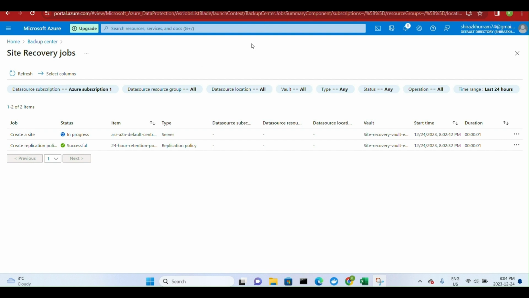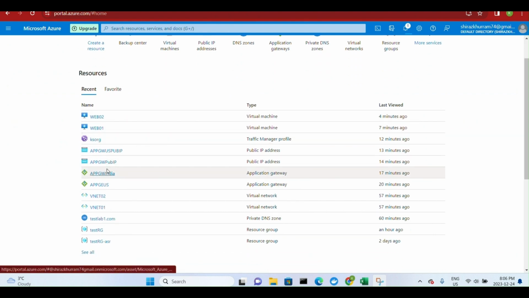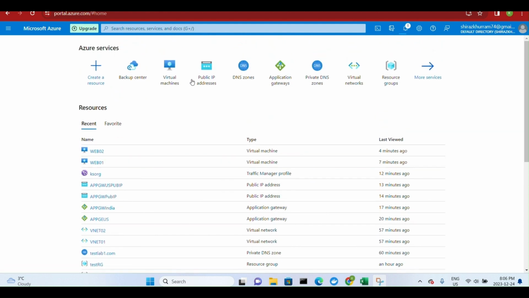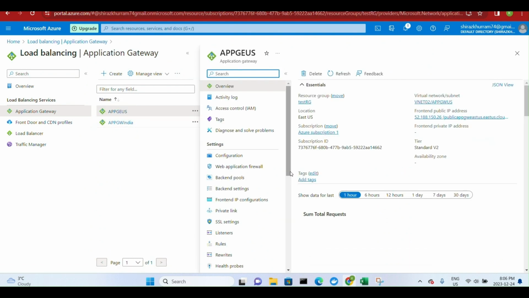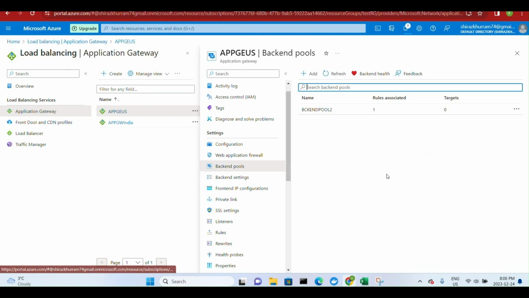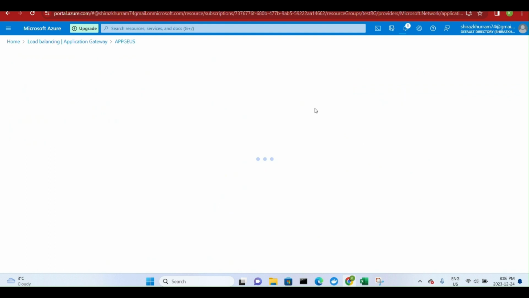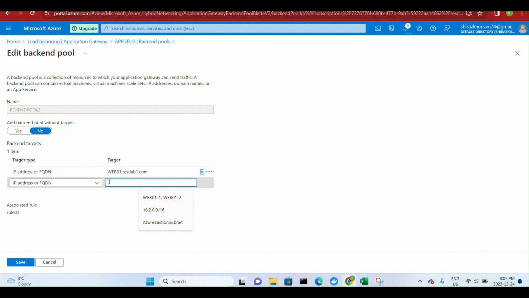At this stage, while our ASR replication is still going on, if I go to my application gateways in the US region, and if you remember, we have not added any backend targets to our backend pool. But even if I add targets to my backend pool, say web01.testlab1.com and web02.testlab1.com, we should still be okay,